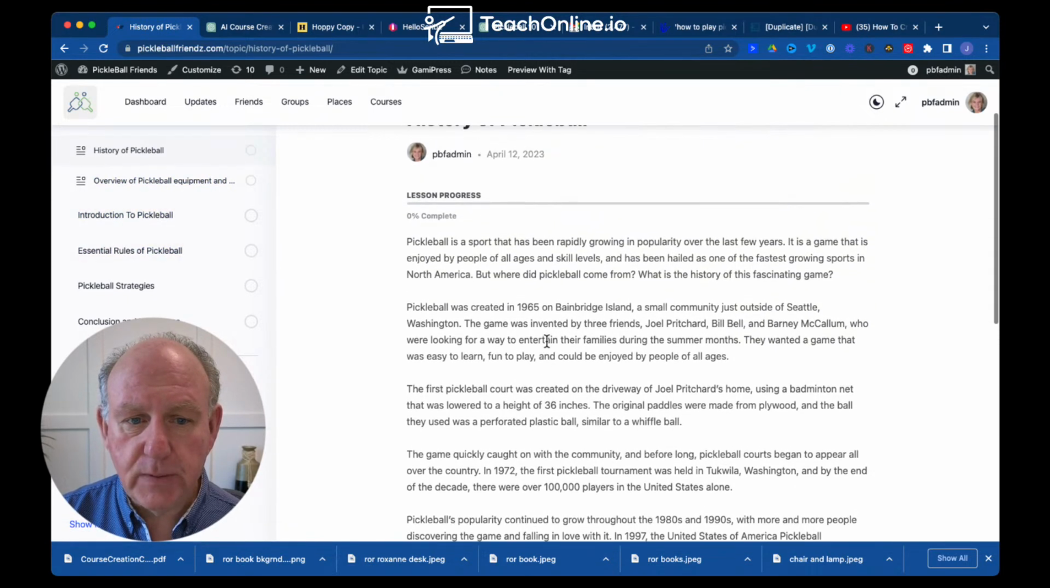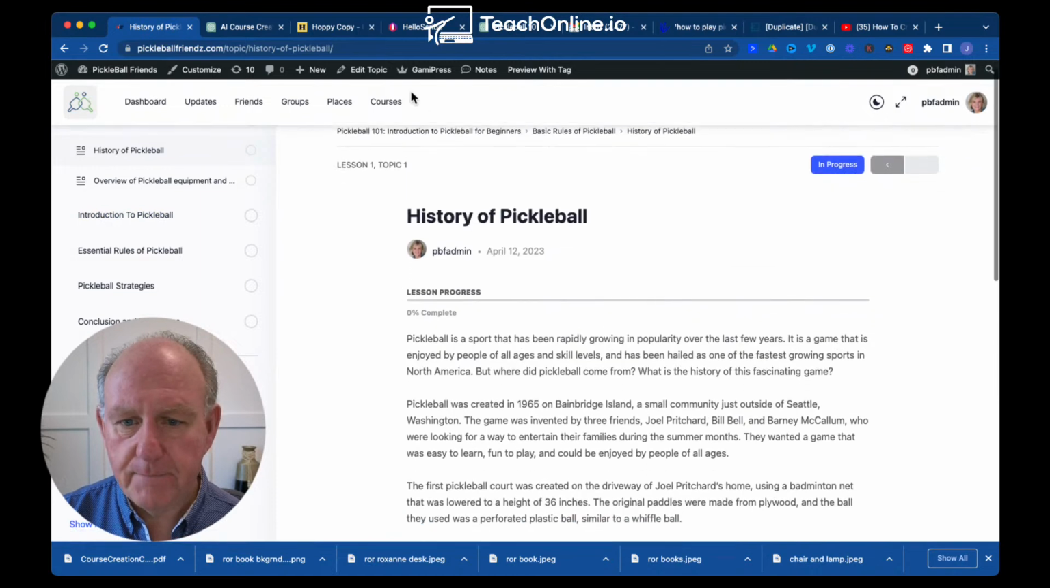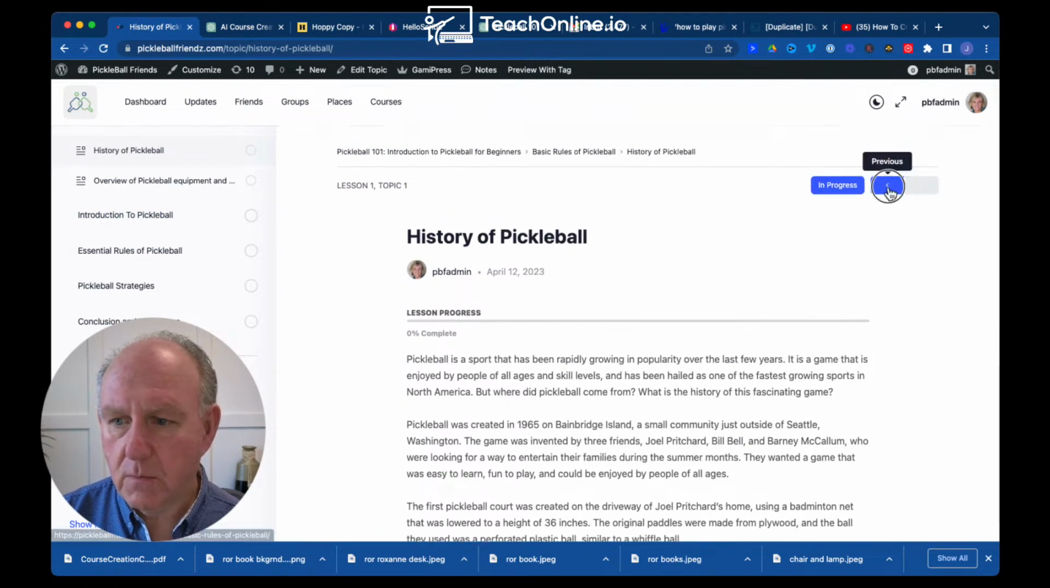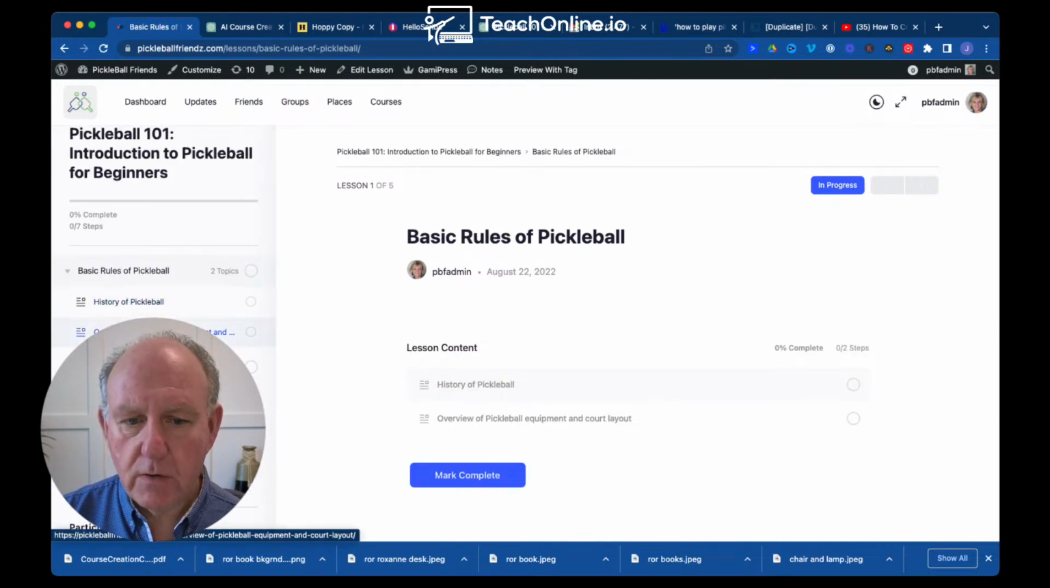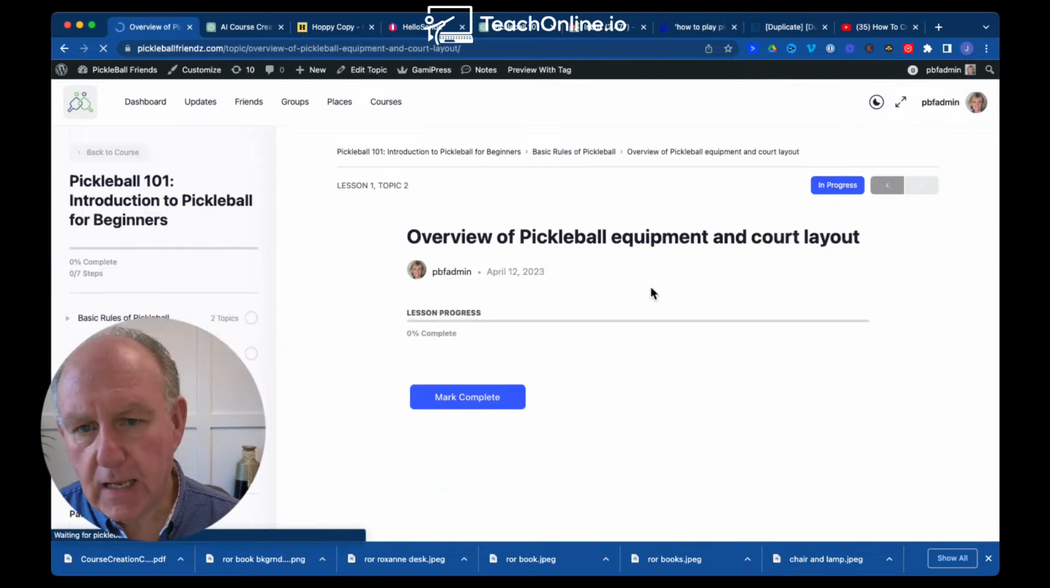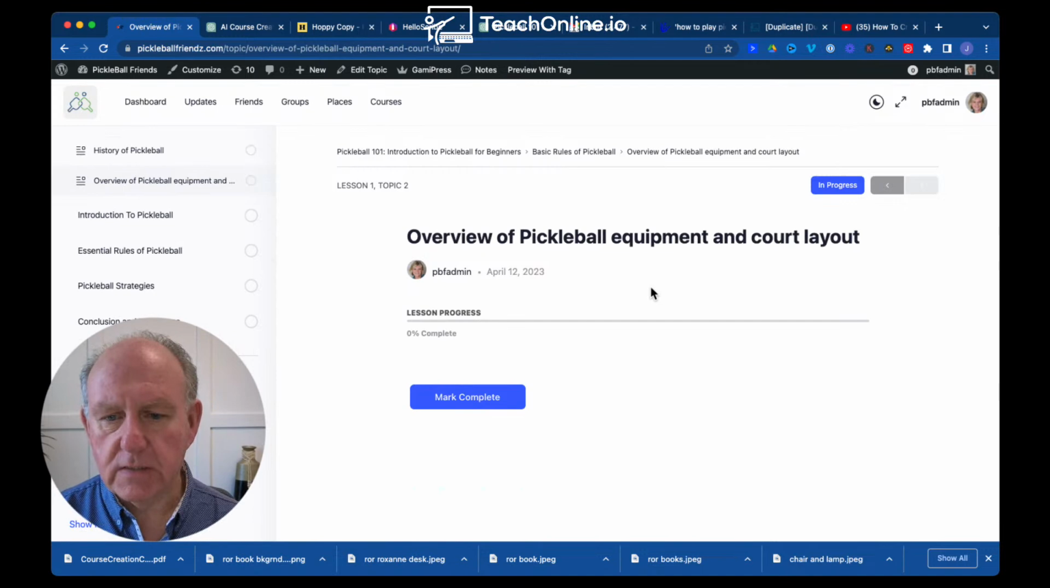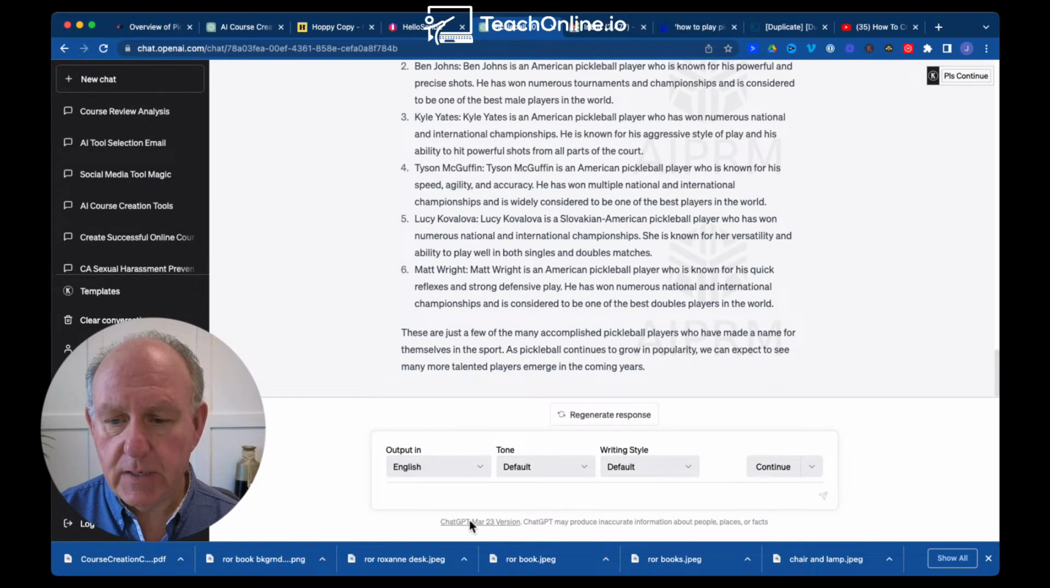Let's go to the next piece. What else do we have here? So I'm going to go and we'll go backwards one, history of pickleball. And we're going to go rules of pickleball, overview of pickleball equipment. So here's the next one. And again, I'm just going through these briefly just so that you see how it works. I don't have any pickleball equipment in court layout, but I'm going to go back to Chat GPT and I'm going to say,